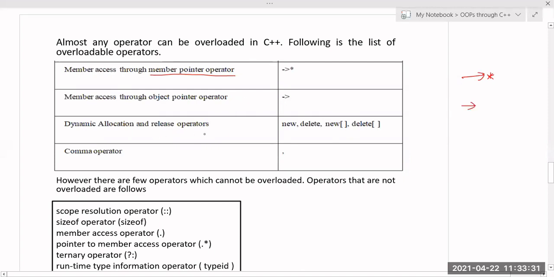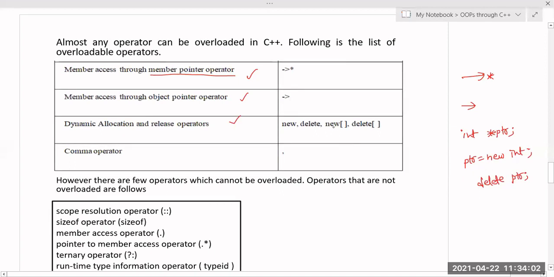and dynamic allocation and release operation. So these operators I can also overload, like the new operator and the delete operator. So if I want to allocate the memory, it's always better to use a pointer. Whenever you are allocating the memory using the new operator, then use new. So ptr = new int, like this. And delete ptr is used to deallocate the memory for this pointer.